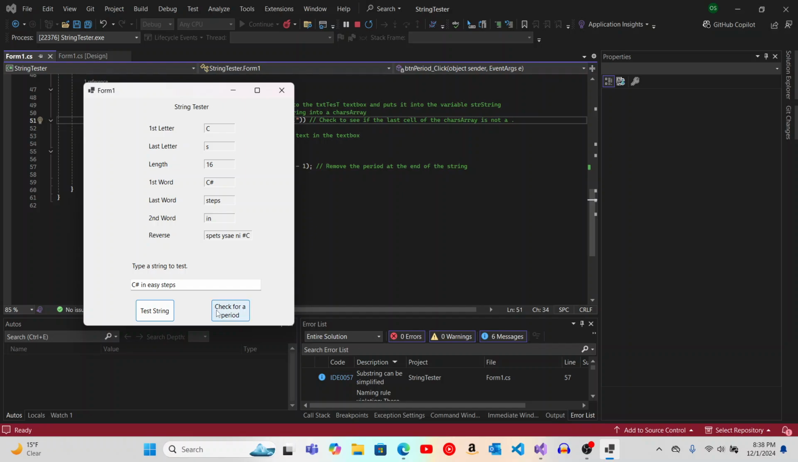And then check for a period. It'll give me a period now, and if it has a period, I check again,